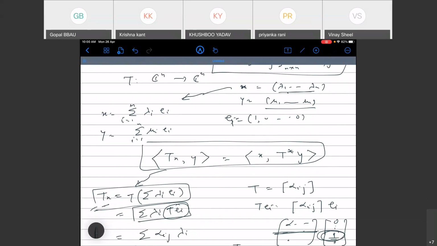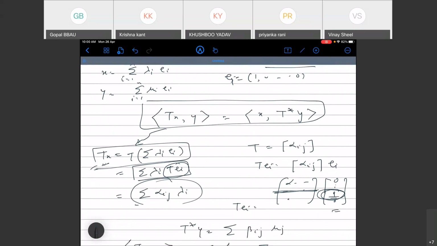अप्लाई करते हैं Tx को, तो ध्यान देना है कि कैसे ये मैट्रिक्स आ रही है, ठीक है। ये आपको मालूम है, ये डायरेक्ट यहाँ पर आप अप्लाई कर सकते हैं, Tx इज नथिंग बट दैट मैट्रिक्स, जो भी मैट्रिक्स आ रही है एक्टिंग ऑन λ1, λ2, λn, ओके, ठीक है।